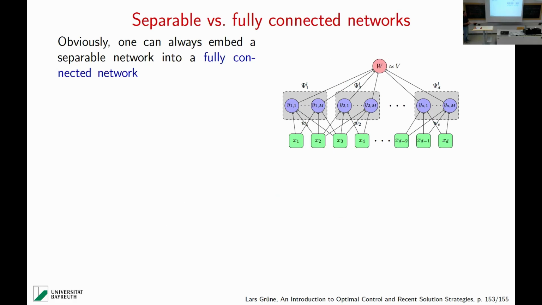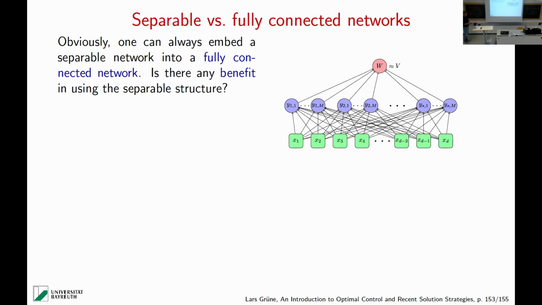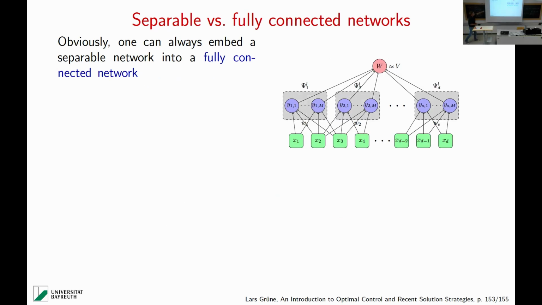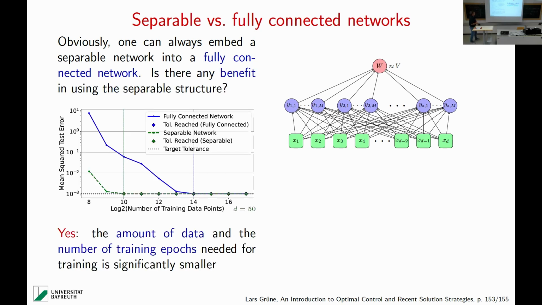Okay, and there's another thing, the last slide here, I would like to mention. We could say, why do we need all this structure? A neural network that has all connections would be able to represent exactly the same function. So why make the effort and write down the separable network? Well, it turns out that the amount of training data that you need to train this thin network is much smaller. So training goes much faster if you look at the number of training data points compared to the accuracy,